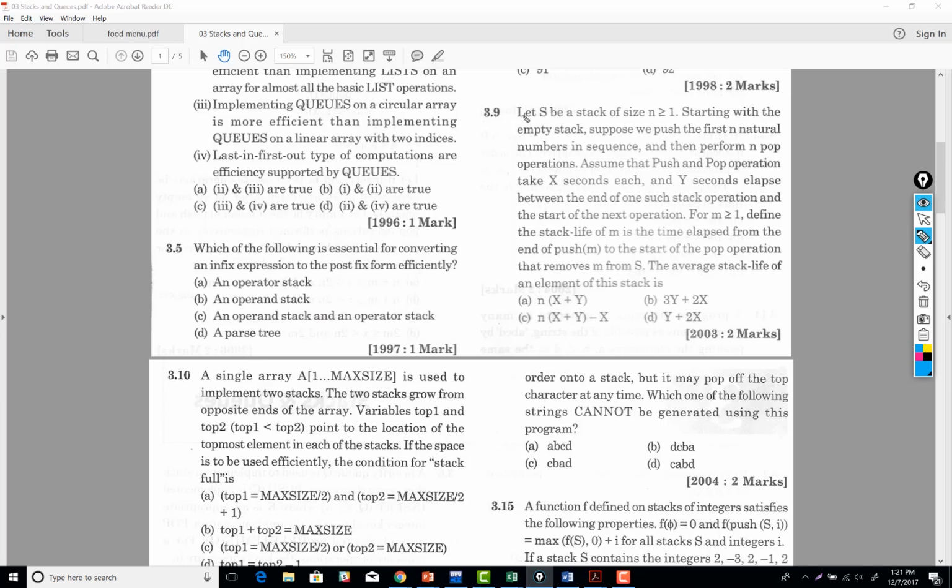Okay. See, they are saying let S be a stack of size n greater than or equal to 1. That means there is a stack whose size is greater than 1. Assume this is a stack. Now they are saying, starting with an empty stack, we push the first n natural numbers into the stack. We are pushing some n natural numbers